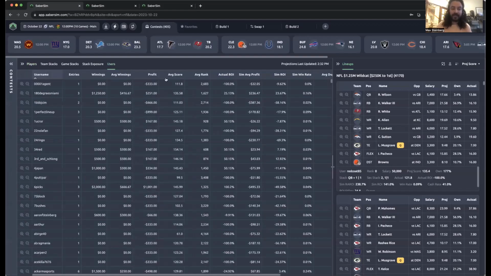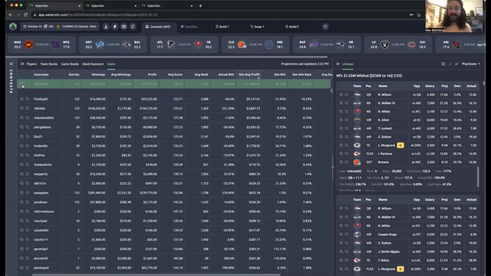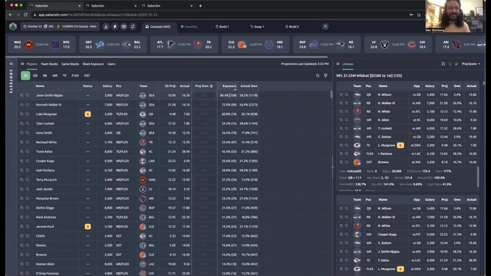So if we look at some of the best users of the slate, the user of the week, so to speak, looking at, let's say, Redcoat, I bet, and I don't know this for a fact, but I bet we're going to at least see a lot of Seattle, and we're probably going to see a lot of Jackson Smith-Njigba, which we do. He has almost 90% ownership. So this player literally said, hey, this news came out. He probably set himself up for this and just said, hey, if DK Metcalf is out,